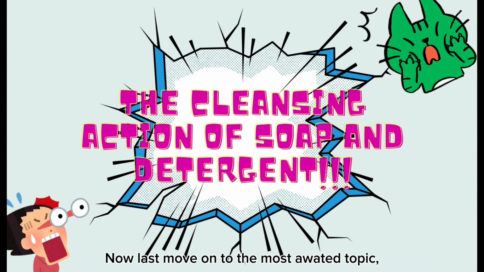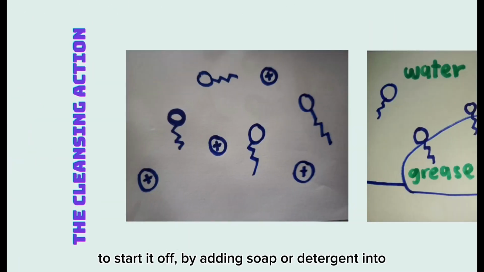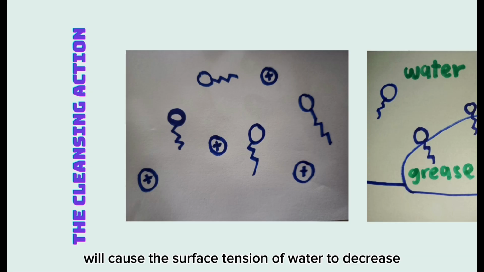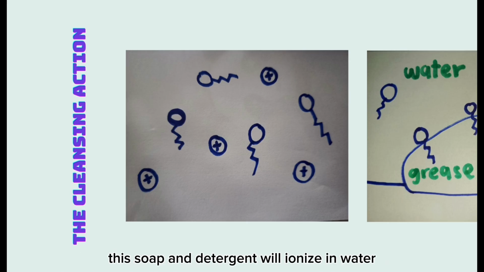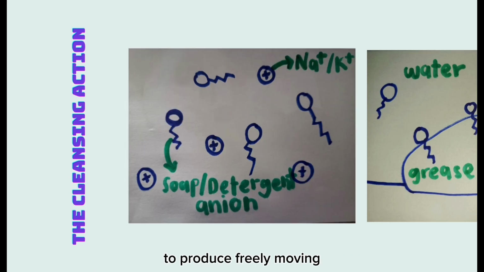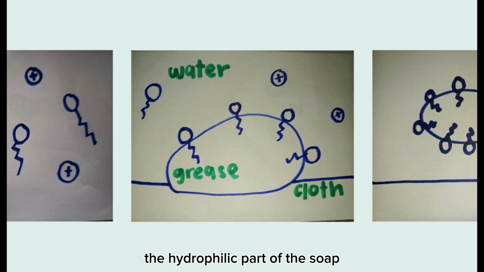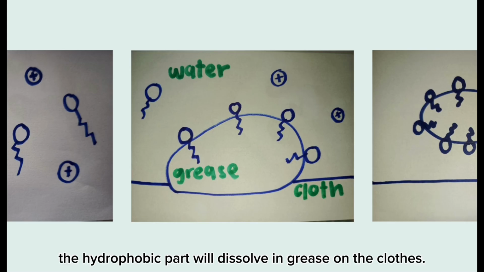Now, let's move on to the most awaited topic, the cleansing action of soap and detergent. To start it off, adding soap or detergent into the water will cause the surface tension of water to decrease and gradually increase the water's ability to wet the clothes. The soap and detergent will ionize in water to produce freely moving soap anions or detergent anions. The hydrophilic part of the soap or detergent will dissolve in water, while the hydrophobic part will dissolve in grease